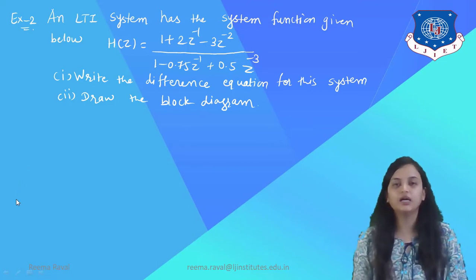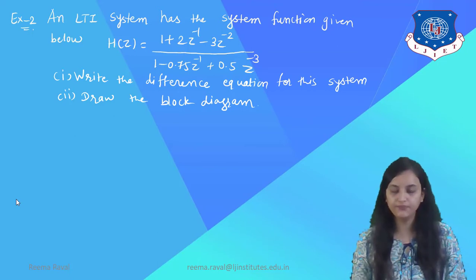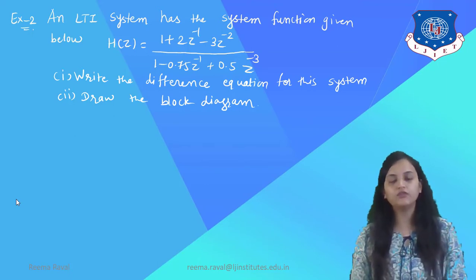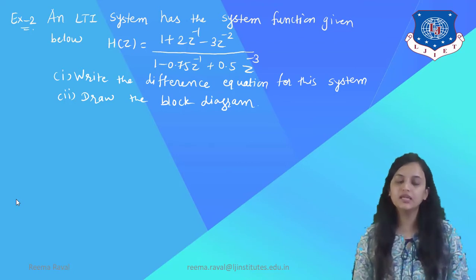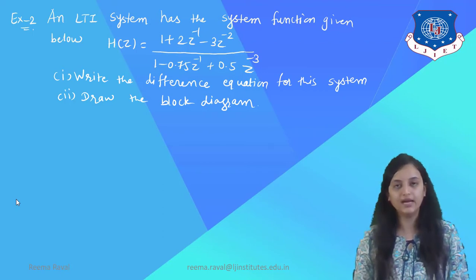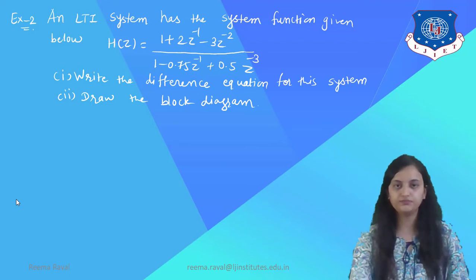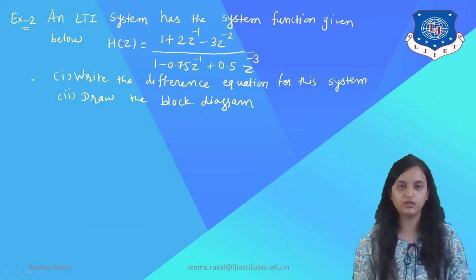This example is another variant of IIR system. In the previous example which we have seen, the data was given in terms of difference equation, that means in terms of y of n and x of n, using which we obtained the z transform to represent in the form of z inverse or delay block in the z transform function. Now in this example you are given the equation in terms of z and you have to obtain the difference equation from that. So to do this we have to obtain the inverse z transform. So the first step we are going to do is to take the inverse z transform for this.